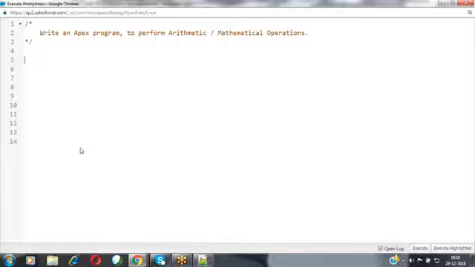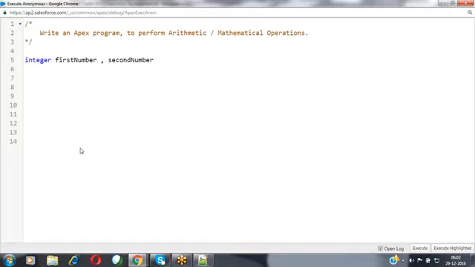In order to perform these operations, we need two values. In order to store two values, we have to define two variables. What type of variables do we need to define? Integer, because mathematical operations can be performed only on numerical values. So we have to define two integer variables to store two values, perform the operations on those two values, and display the result as well. Now, for example, let's see how we can perform this. I'm defining the variables: Integer firstNumber, secondNumber.